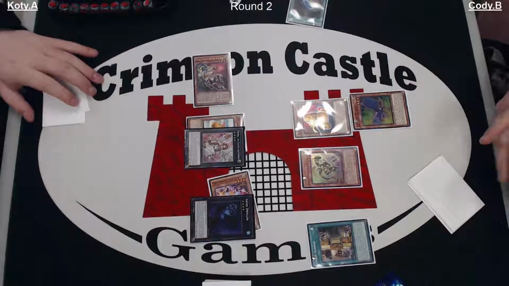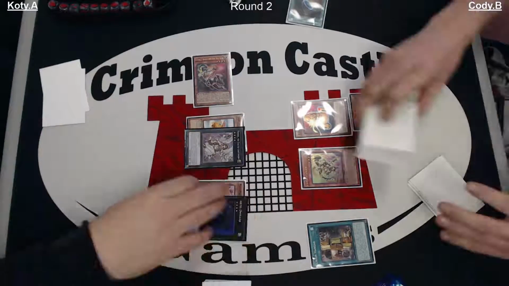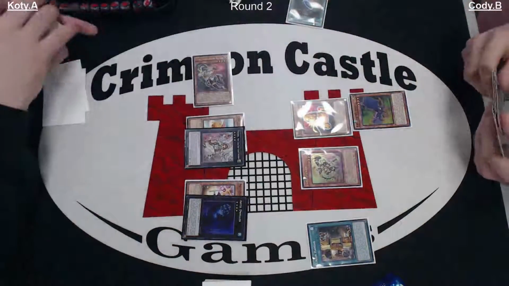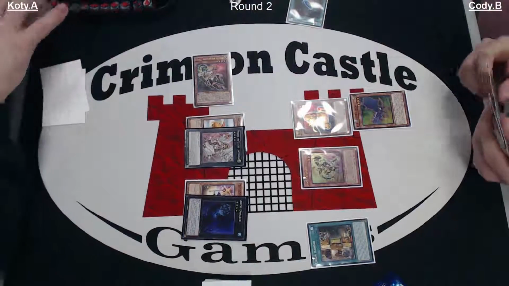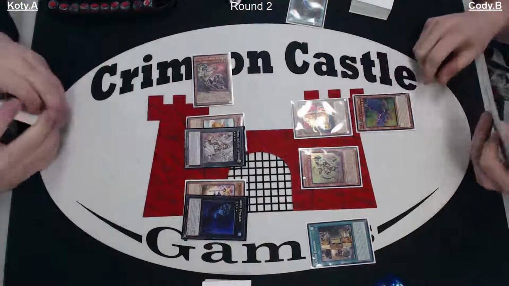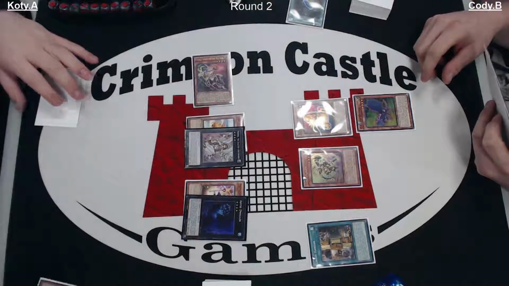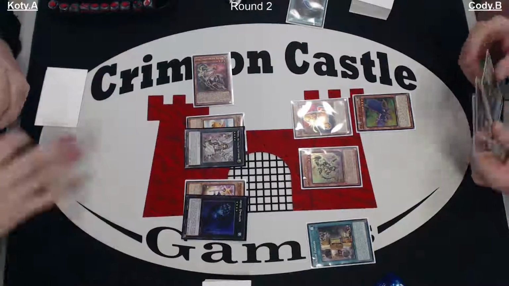So C's not going to get its effect when it hits the grave. But he's got a B in hand, so he can make Buster, yes. He's just not going to maximize on his pluses here. It looks like he actually has another Union Hanger in hand, but he could set it, and here he could make